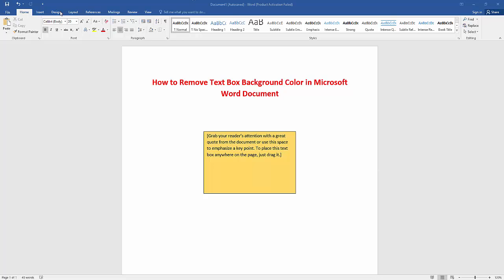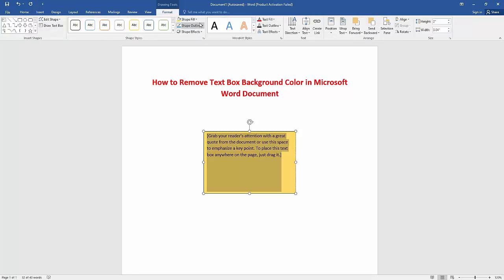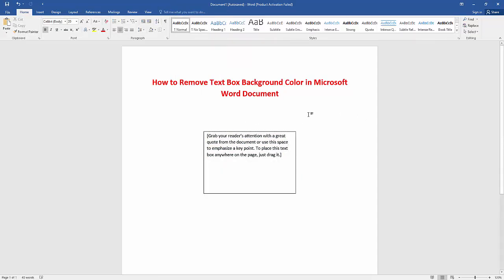Now go to the Insert menu option. Then click on the text box. Now go to the Format menu option. Then click on the Shape Fill option. Then click on the No Fill option. That's it. Then again